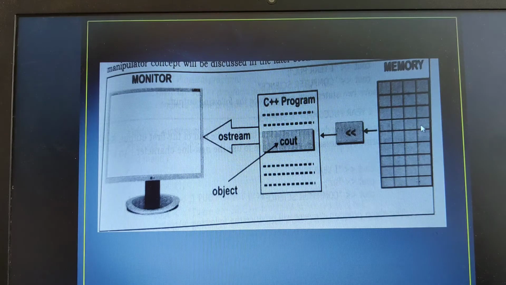Now I want to print that age, 25, onto my output screen. At that time I have to use the cout object. With the help of the stream insertion operator, it will extract whatever is read from the memory, and the same thing will be printed onto the output screen. That is how the cout object works.